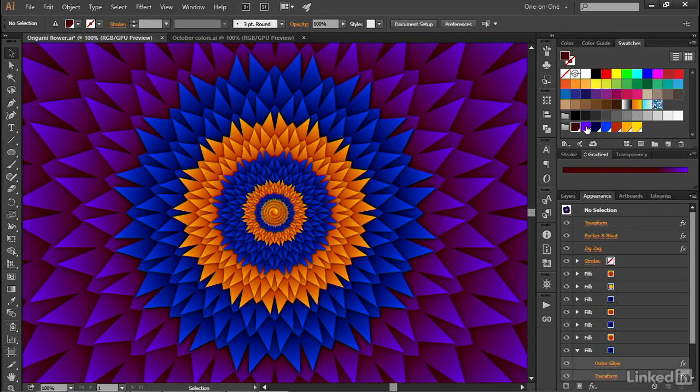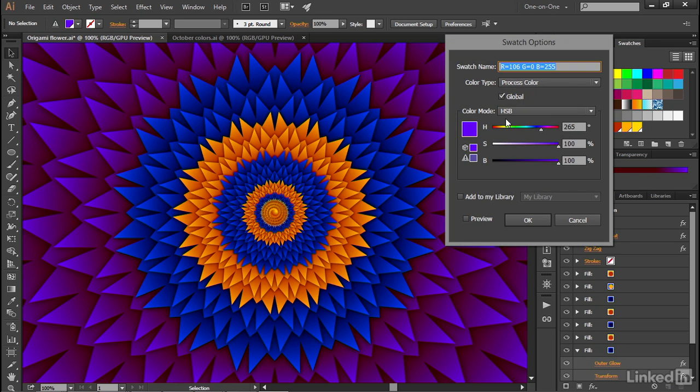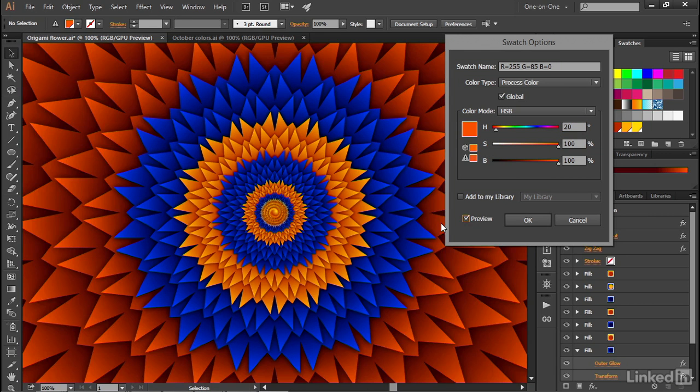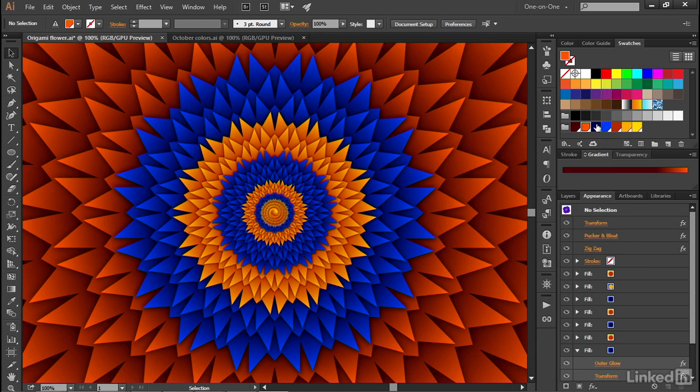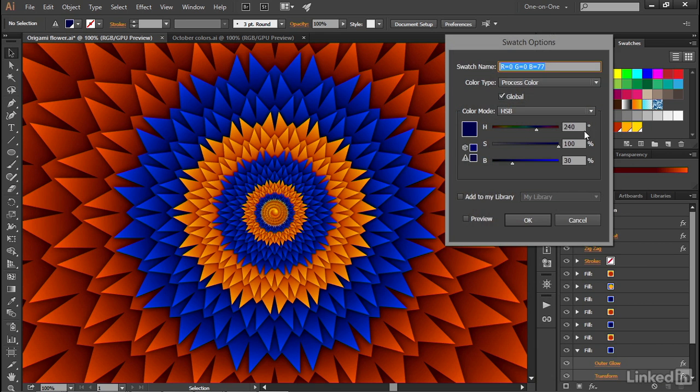And then I'll double-click on the next color swatch, and this time I'm seeing the HSB values right off the bat, and I'll go ahead and change this hue value to 20 this time around, turn on the preview checkbox, and I'll see the modifications applied to my deselected artwork because, after all, these gradients are linked to these global swatches. All right, I'll click OK again, and then I'll double-click on this blue swatch, and I'll go ahead and